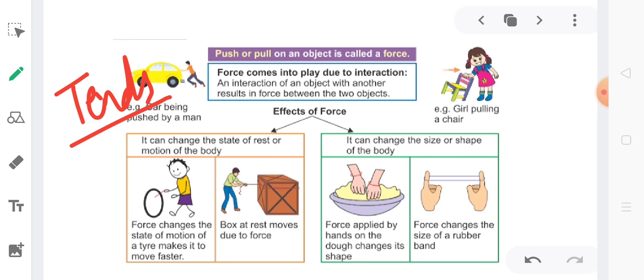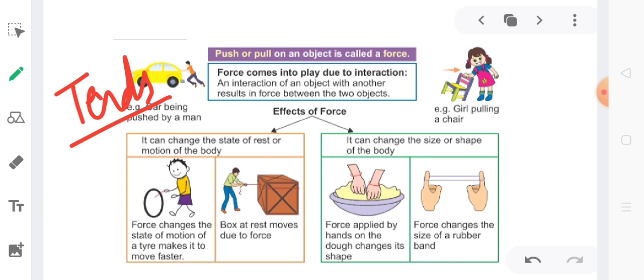It totally depends upon the magnitude of force applied on the object as well as on the mass of that object. Like suppose if you are trying to pull a heavy box, as you can see in the picture, it totally depends on the mass of that box, whether we have applied a force good enough so that we are able to push it. Unless we apply a huge amount of force, huge amount of effort, we will not be able to make that box move from its position. So we are simply trying.